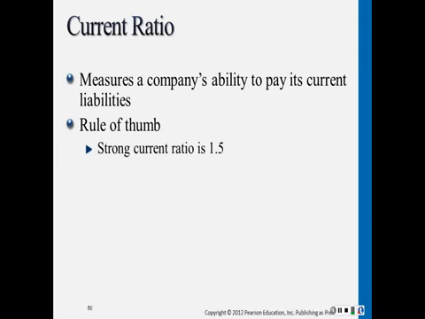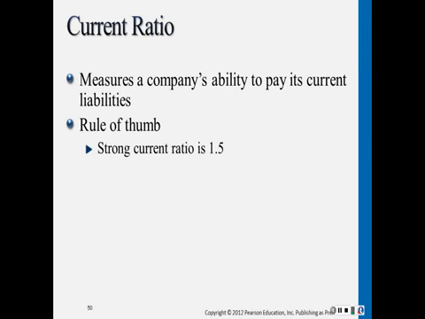The current ratio is computed as current assets divided by current liabilities. A company prefers to have a high current ratio because that means it has plenty of current assets to pay its current liabilities. A current ratio that has increased from the prior period indicates improvement in a company's ability to